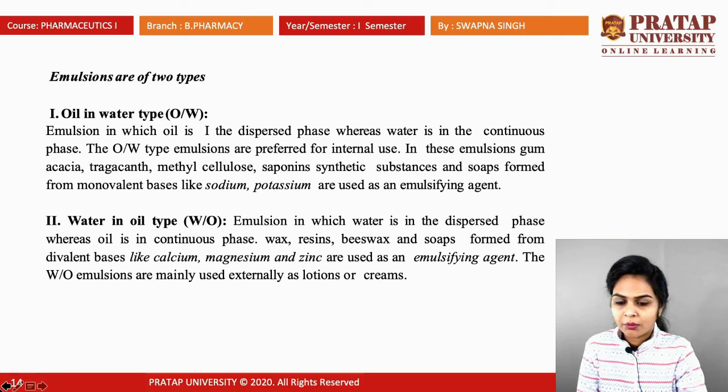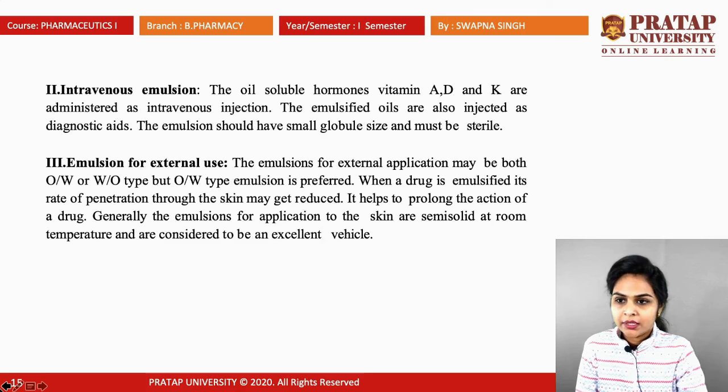W/O type of emulsions are mainly used externally as lotions or creams. Next is IV emulsions, that means intravenous emulsions. The oil soluble hormones and vitamins like A, D and K are administered as IV injection. The emulsified oils are also injected as a diagnostic aid, and these emulsions should have small globule particle size and must be sterile. And emulsions for external use may be both O/W or W/O type,